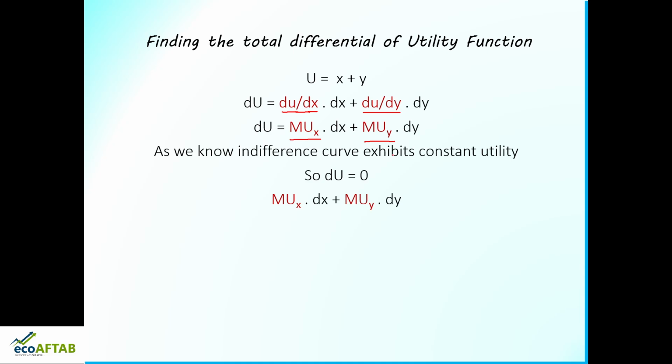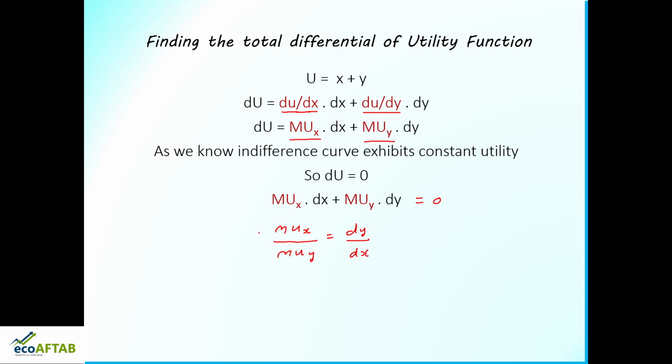So this has become equal to 0. इसको थोड़ा अगर हम रीअरेंज करेंगे तो क्या मिलेगा हमें, MUx divided by MUy is equal to dy by dx. ये देखिए, this MUx as it is रखूंगा, ये MUy को मैं इस साइड लेके आऊंगा. So when I bring it on the left side, denominator में जाएगा MU of y. वैसे ही is equal to ये dx को मैं जब राइट हैंड साइड लेके जाऊंगा क्या होगा, dy by dx.